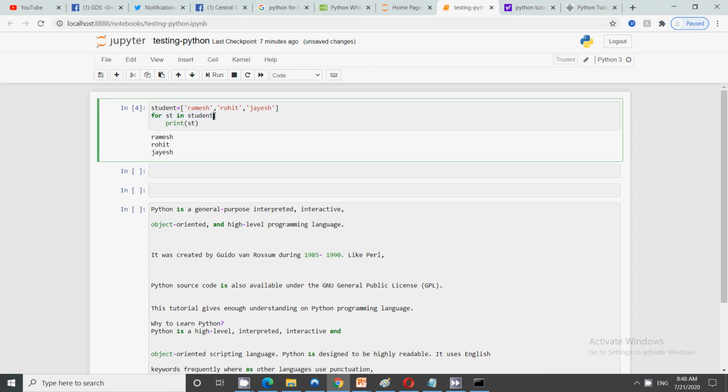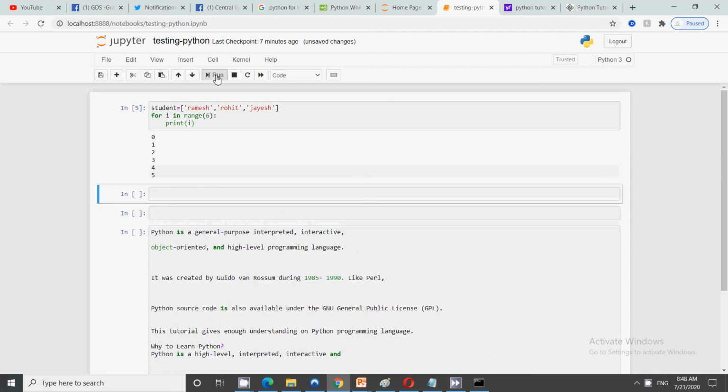So again, in other languages like C, C++, we have for I equal to 0, I less than. So the syntax is something like this: I equal to 0, then semicolon, I less than 10, then semicolon, then I plus plus. So simple. But in case of Python, we just need to mention for I in range 6, and you just need to print I.